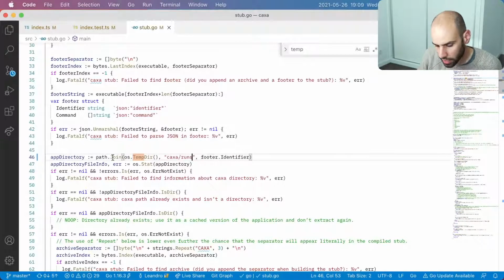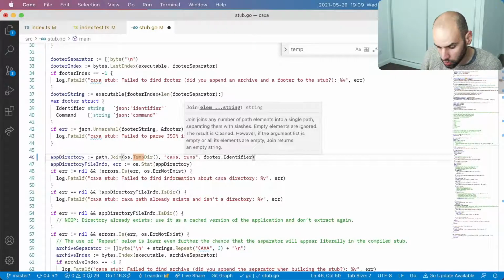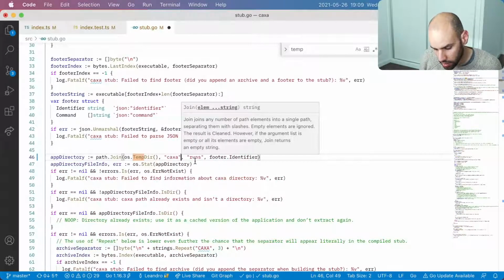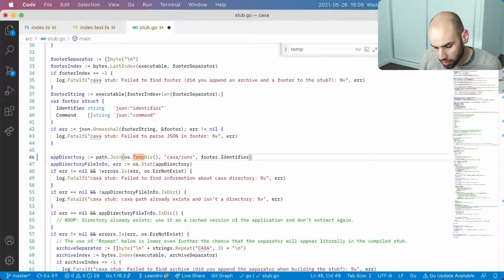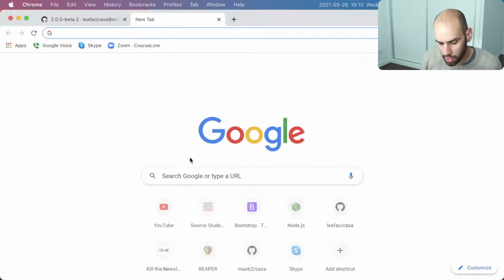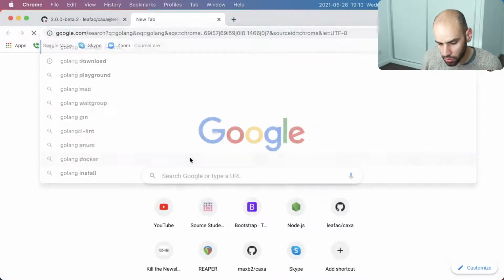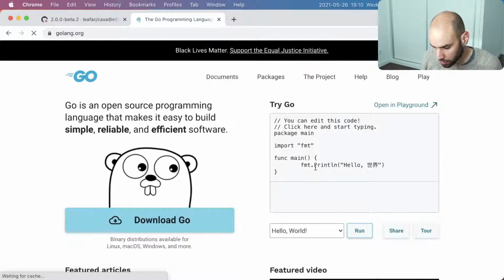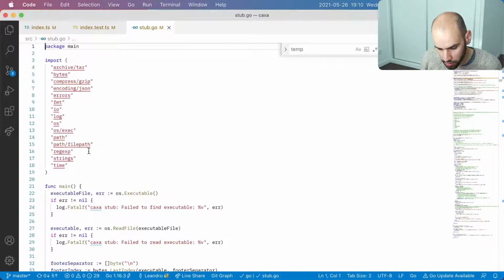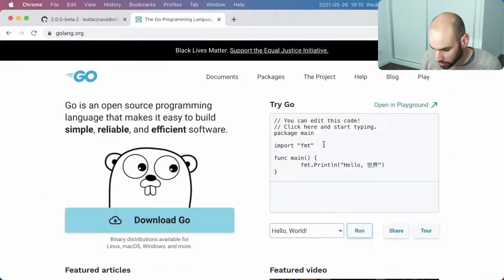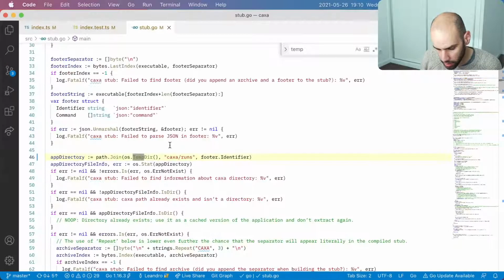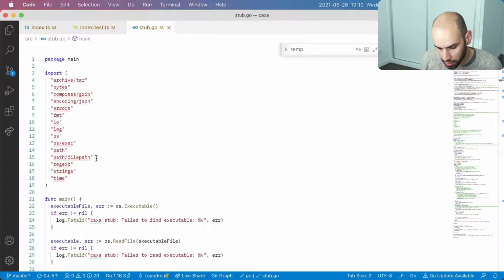And I wonder if I can do this slash and if it will work the same way that it works in Node.js, or whether I should do it like this. I don't know. I think I'll try this maybe on, I think there is a way for me to try Golang code. Yeah, so I can import OS and I also need to import path join. I actually don't need to import OS. I do need to import path.